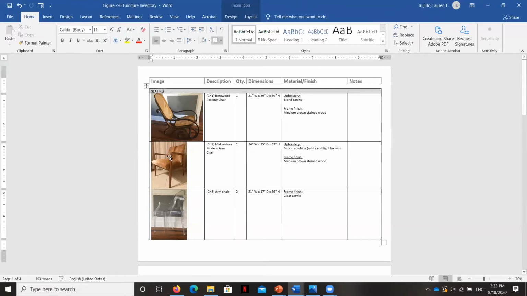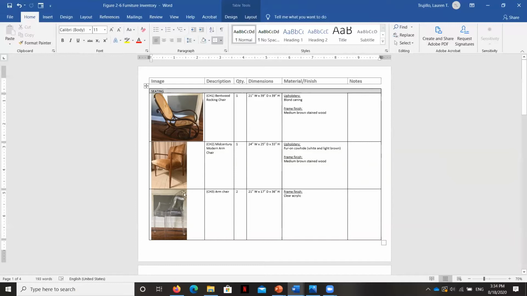You can see here I've got a high resolution image. I just took these with my phone, but I cropped them and made sure that the background was relatively neutral. I took a picture that showed the best angle of the furniture piece to give the most information, because I don't want to have a ton of images in here. If I need really specific information about exact finishes, for example, I would go grab the piece so that we could match to it. But for right now, a simple image that's well lit, that's concise, and that shows the important qualities and form of the furniture will work just fine.